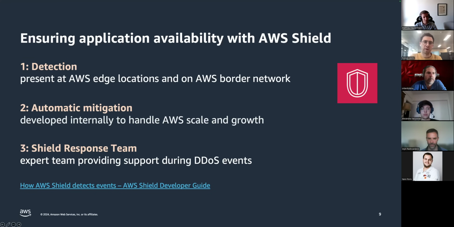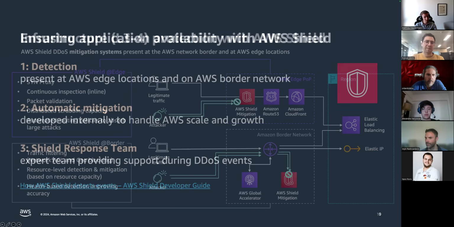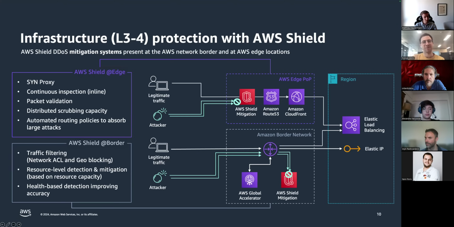You can learn more about how AWS Shield detects events in our developer guide, and this presentation will also include some hints or references to the documentation like this on the slides. And in order to understand how AWS Shield protects against layer 3 and layer 4 attacks, so on the network and transport layer, we need to know where the mitigation infrastructure is located, because there are 2 ways how AWS Shield is deployed. So firstly, at